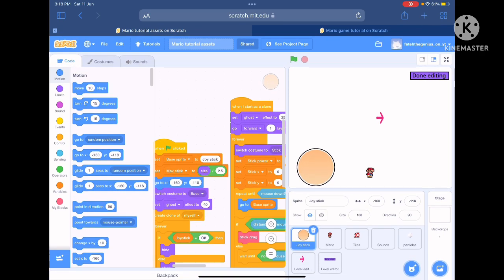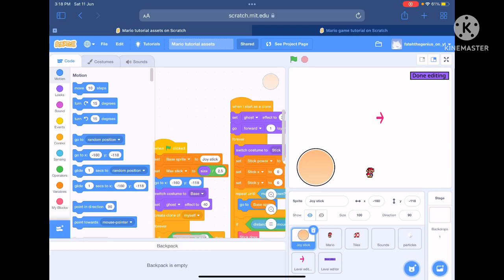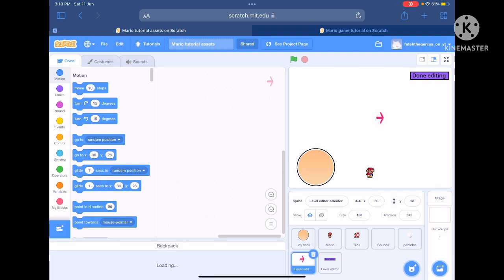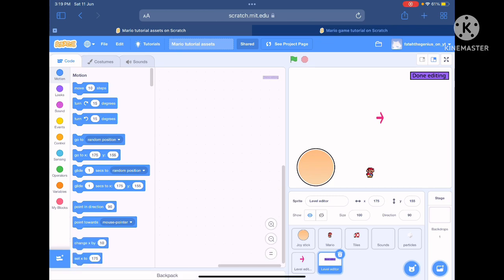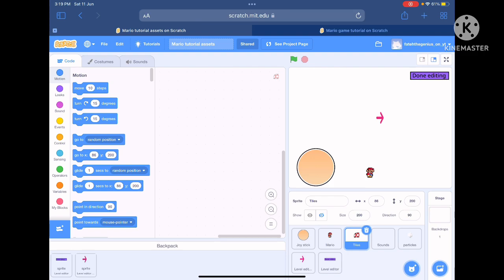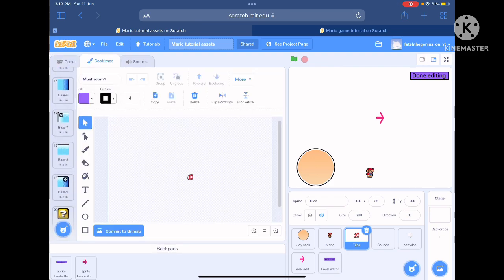Make a level editor in the Mario game. First of all, you open your backpack and you drag the new level editor selector and the level editor sprite inside. There are the sprites you already have. And in the child sprite, I made the new costume